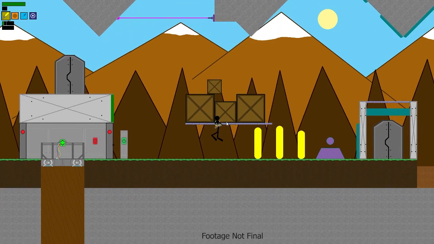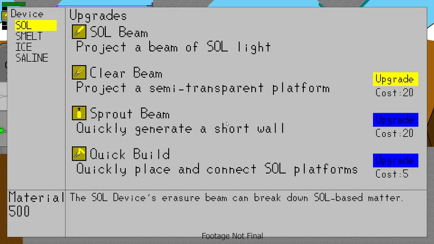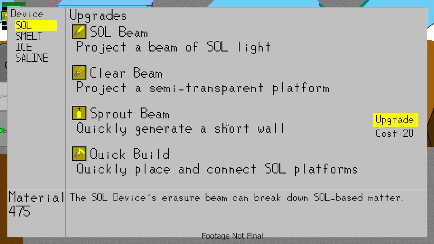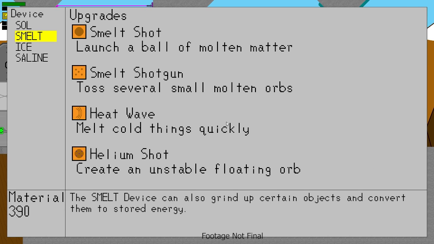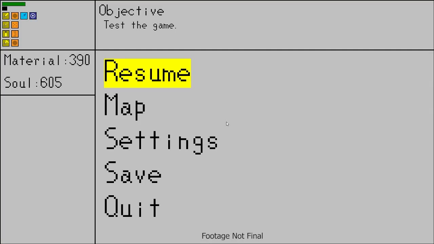So what I'm going to do is go talk to this person here, and I have full controller support for this menu as well. So I'm going to buy Quick Build, Clear Beam, and Sprout Beam. And then I'm going to swap to the Smelt device, and I'm going to go ahead and buy all these upgrades. And before I go any further, I'm going to go back to the pause menu and show that these